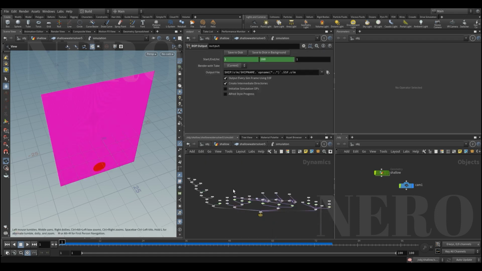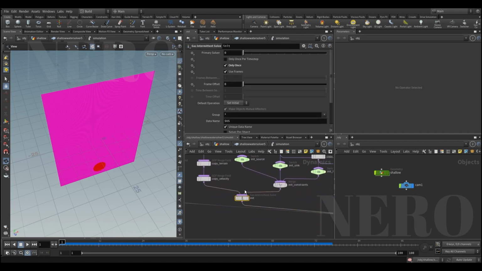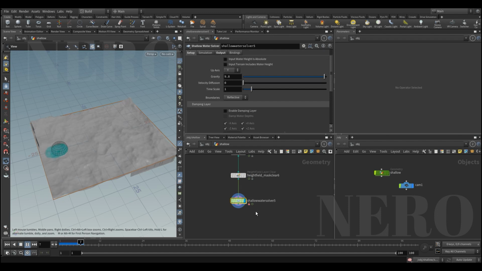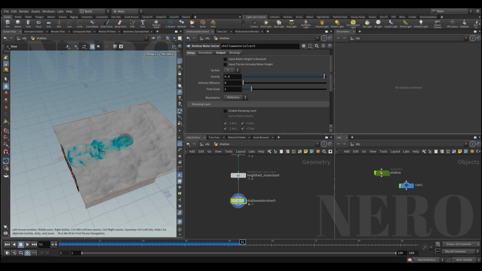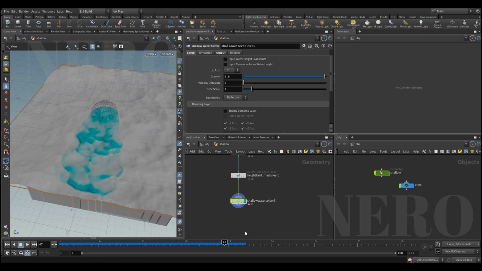Here's the DOP network. Go into the DOP network. This one, init. This node tells the solver you're only gonna analyze whatever happened here, the water, the velocity, the terrain, for once, but we want to change it for per time step. This time it worked. See, it moves. And yes, you might think it's right, but it's actually not 100% right,